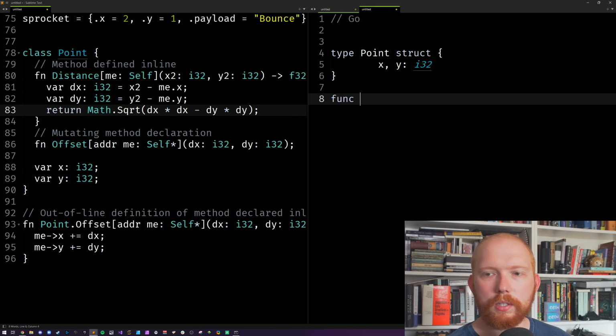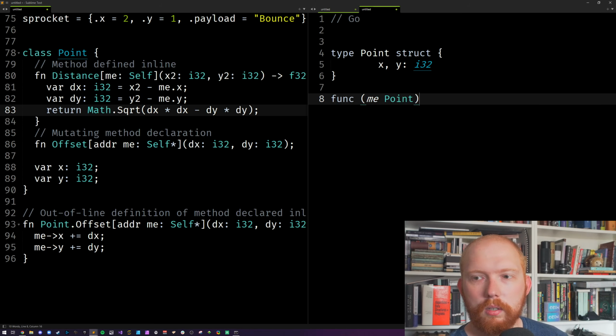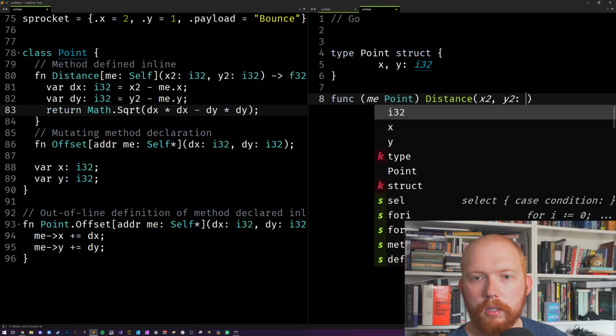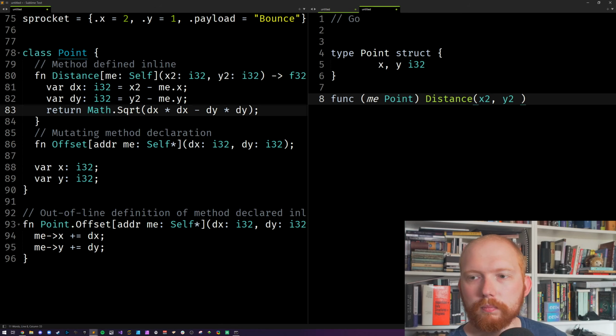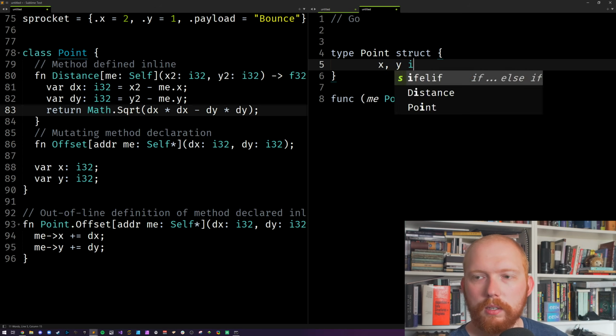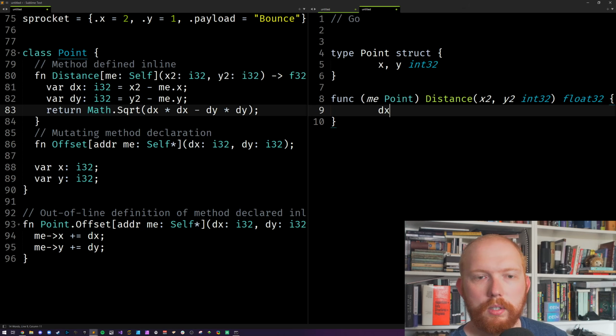But yeah, I'm going to define distance first. So this is going to be me, Point, and then they've called it distance, x2, y2. There's no colons anywhere. What am I doing? This is Go. No, it's int32. It's hard to just do it. And then it returns a float32. dx, dy is going to be, and you can do the curly braces, we can do the var syntax.